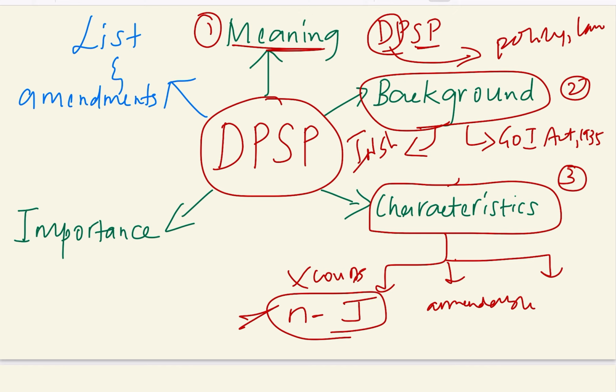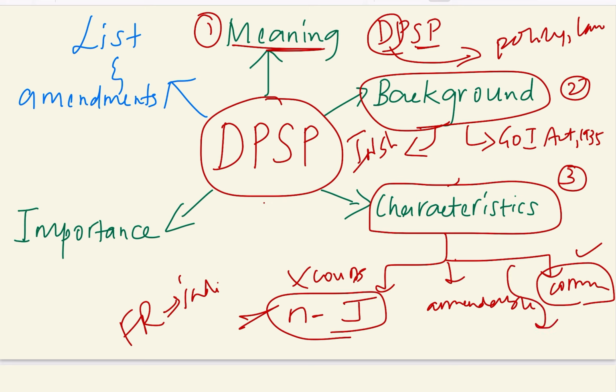And then in DPSP we studied that it is community oriented. Whereas while we studied fundamental rights, we studied that fundamental rights are given for persons, for individuals, right? Whereas DPSP is providing rights for communities like SC, ST, women, children, for the entire group it is speaking about. So DPSP is more community oriented, and DPSP are like positive obligations on the state, because it is telling the state what it has to do.